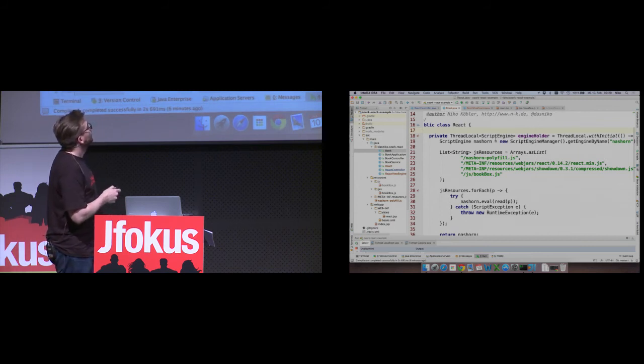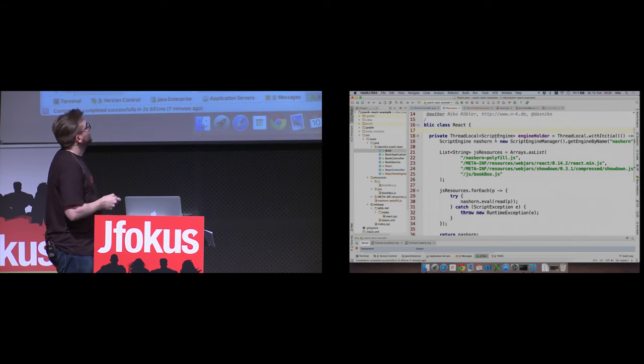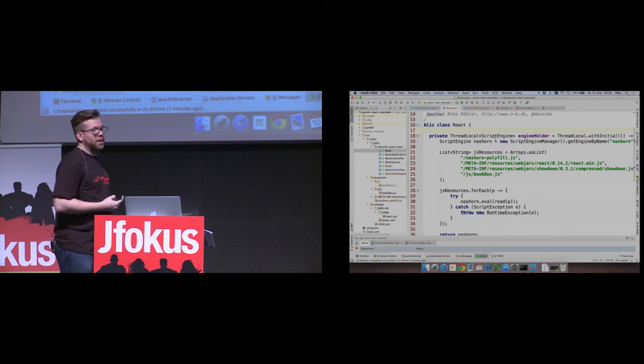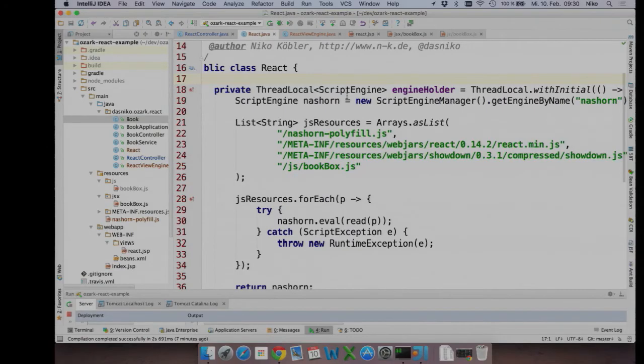This is the Nashorn polyfill I need for the functions that are not available in Nashorn. The React.js, I'm using the Showdown.js library for rendering the content. And last but not least, the actual application, the book.js, and I will read all this into Nashorn